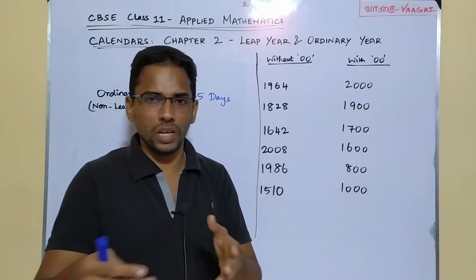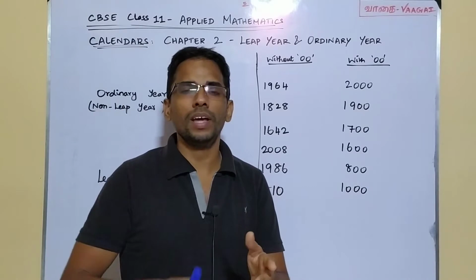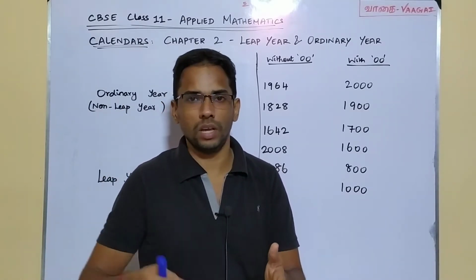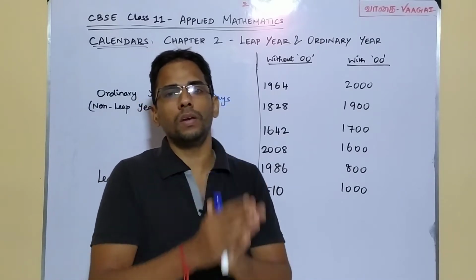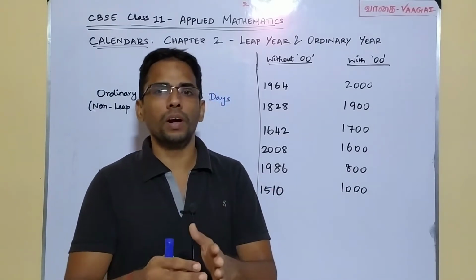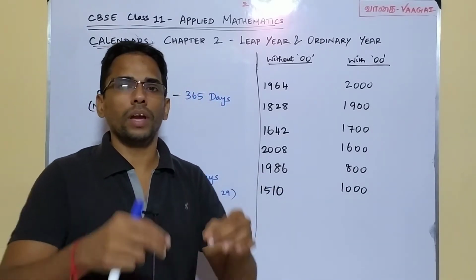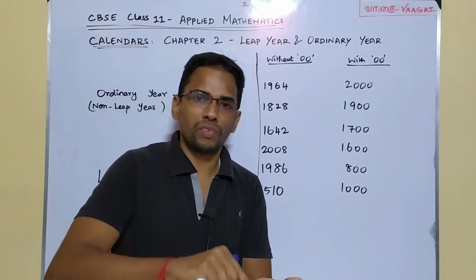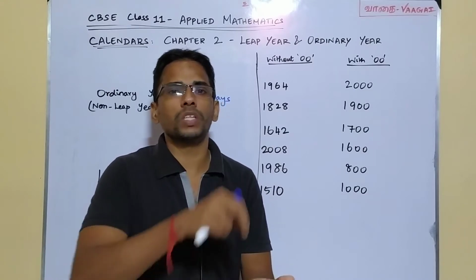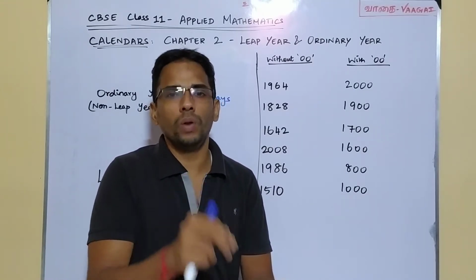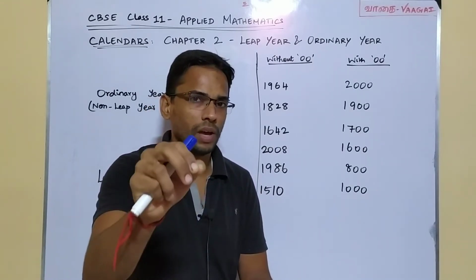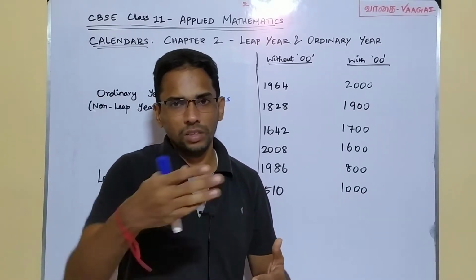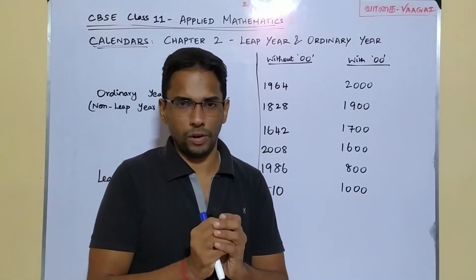So if you come to see this calculation, you will find this leap year is going to appear every 4 years. I mean, if this year is a leap year, you will find the next leap year after 4 years. So in that way, this 2020 is a leap year. After 4 years, that means 2020 plus 4 would be 2024. That 2024 would be again the next leap year, and after that 2028. This way your leap years will be going on.